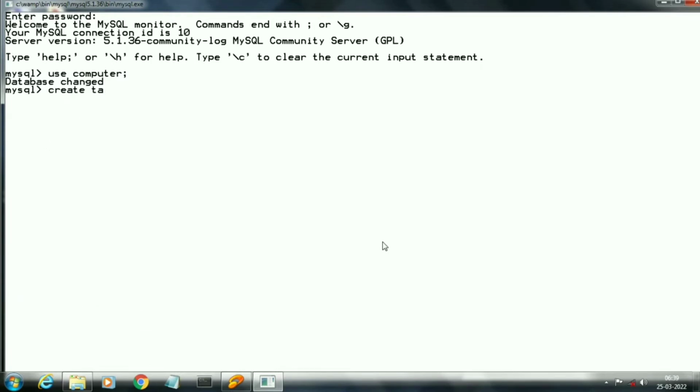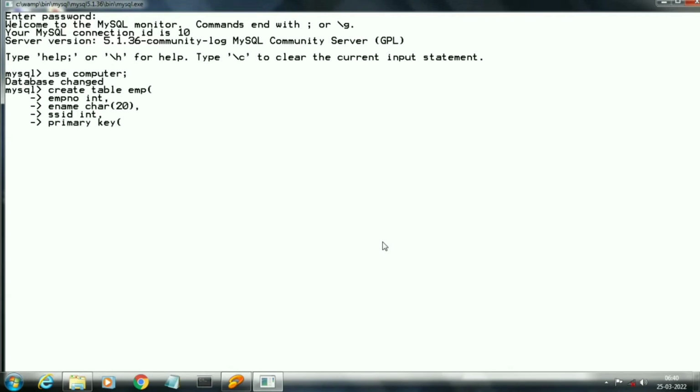Now in the next example, we will create a table where we will declare more than one field as a primary key. That primary key is called a composite key. Here we will use a table constraint. It means at the end of the table we will declare the primary key. Here I am using 2 fields. First one is employee number and second is SSID, social security number, as a composite key.